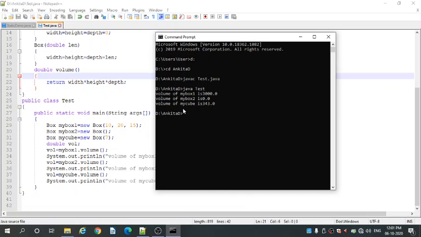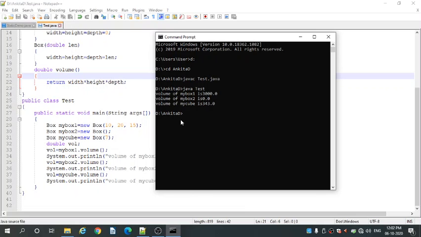Then comes the next one, volume of myBox2 is 0. Whenever we call the myBox2 object, you can see there is no value, so it prints 0.